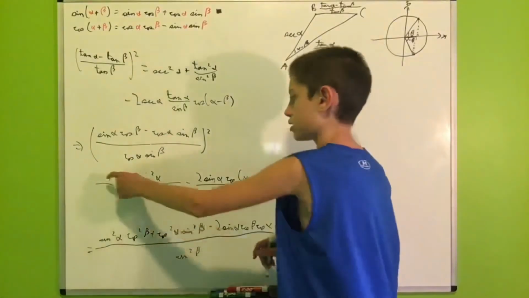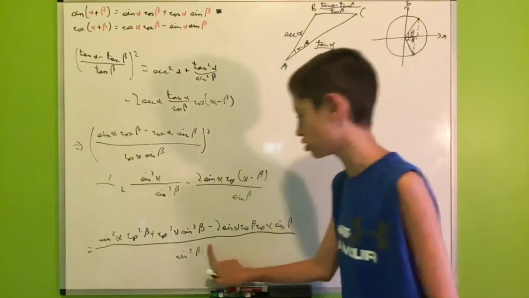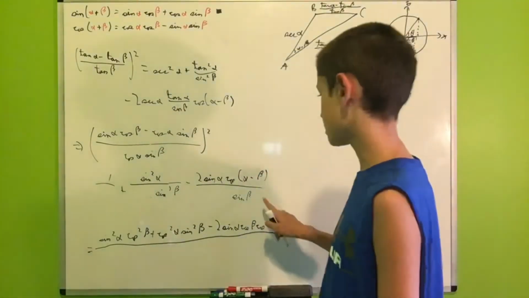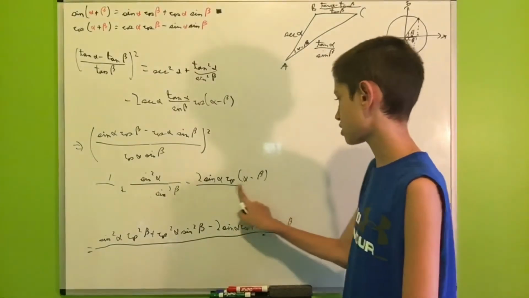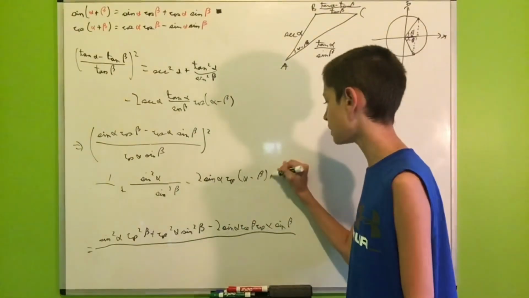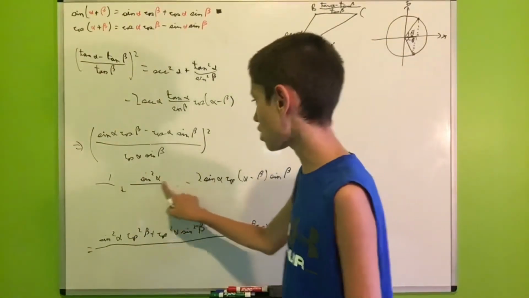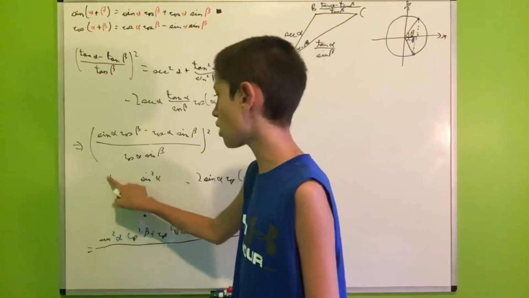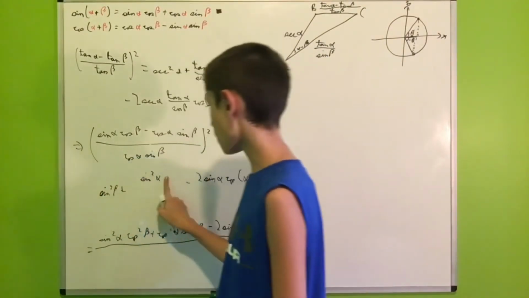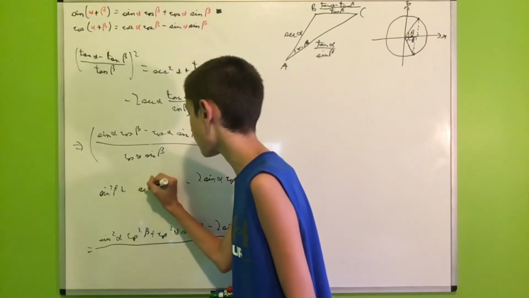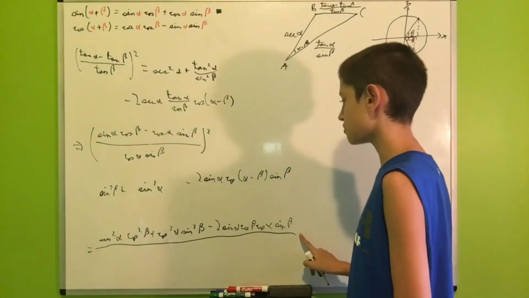So now we can multiply both sides by sine squared beta. So this will go out, and then sine squared beta over sine beta is simply sine beta. So here we will have a sine of beta, and here the sine squared beta will cancel out, and here 1 times sine squared beta is simply sine squared beta. So now we have sine squared beta plus sine squared alpha minus 2 sine alpha cosine alpha minus beta sine beta